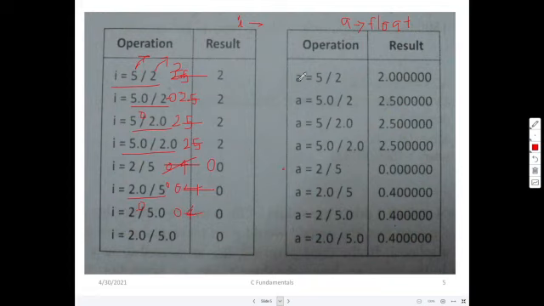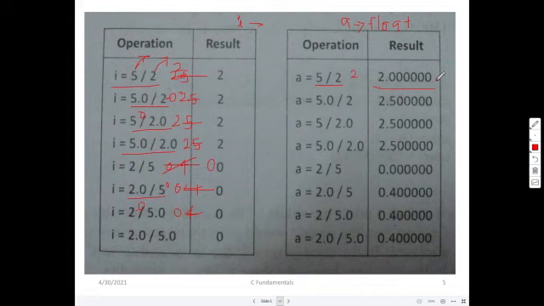Same way here also. So when it is coming to float, here 5 by 2, we will expect that it is 2.5. 5 by 2, since it is a float, we have to get 2.5, right? But here these two are integer constants, so this will result in only 2, and when it is assigned to a float variable, this becomes 2.000000.